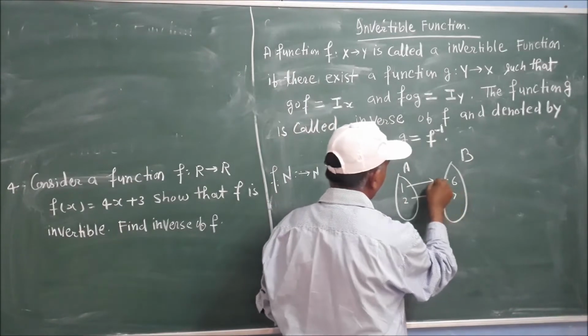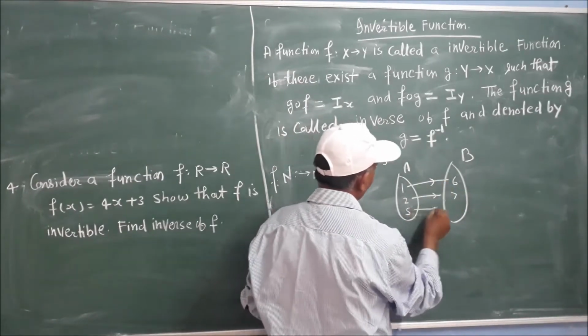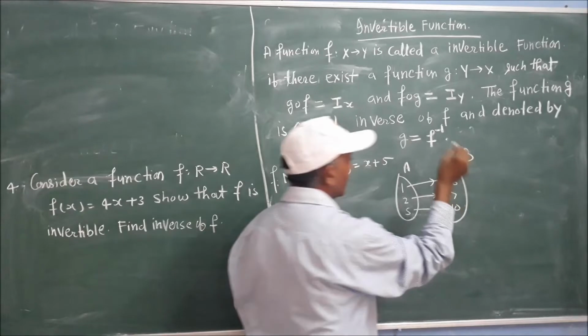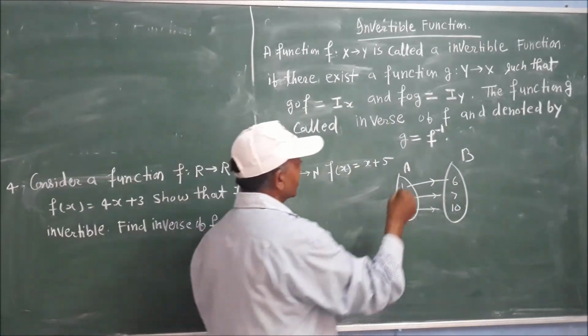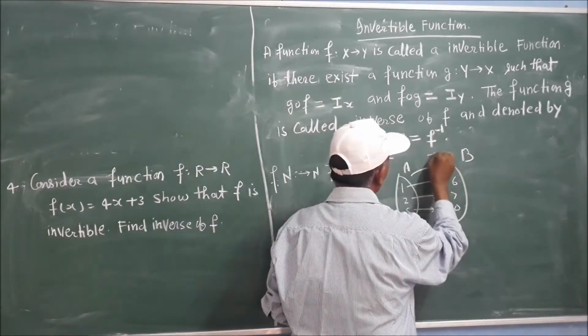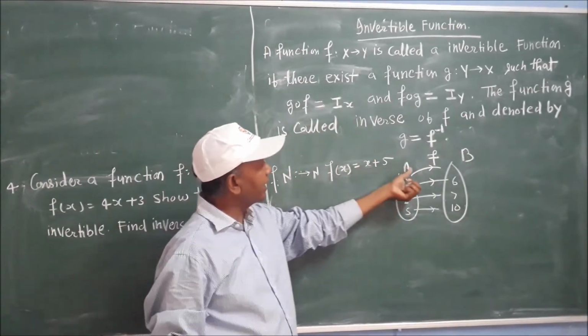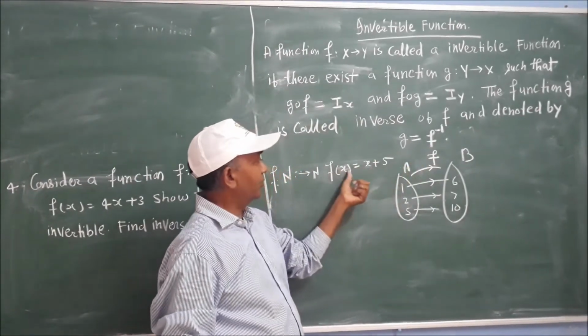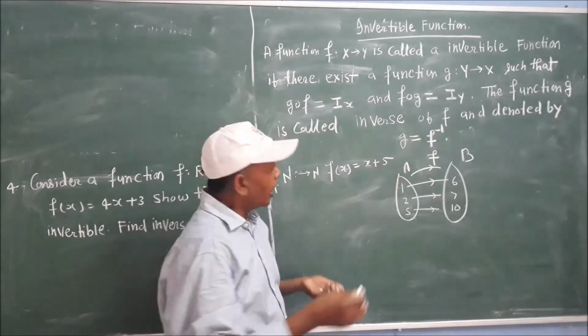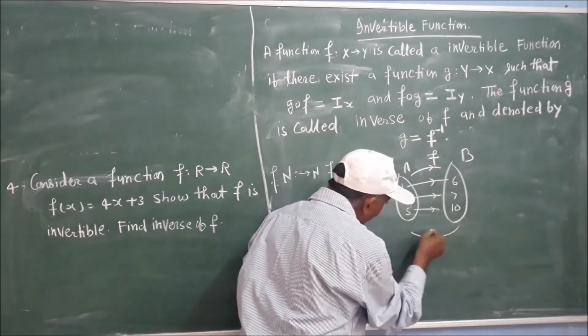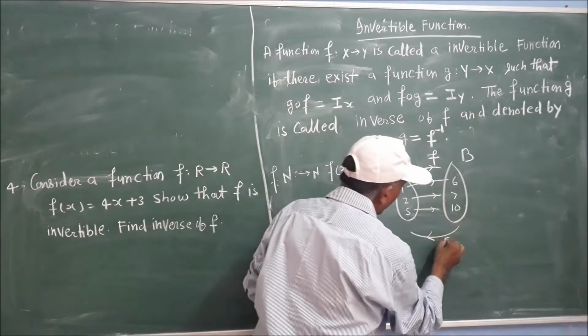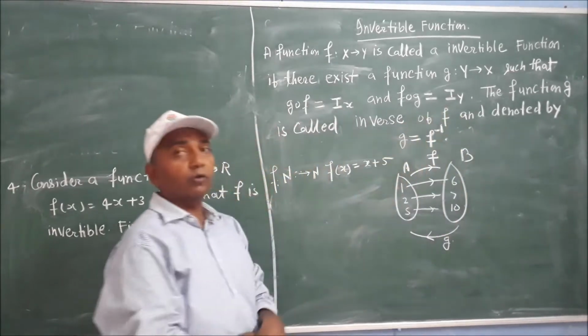f(x) will be 7. x is equal to 5, f(x) will be 10. So you have to find, this is your function f from A to B. यहाँ पर a से b जाने के लिए हम फंक्शन इसका यूज कर रहे हैं, f(x) is equal to x plus 5. हमें पता करना है कि b से यदि हम a आना चाहें तो जो फंक्शन g होगा इस g का वैल्यू क्या होगा.